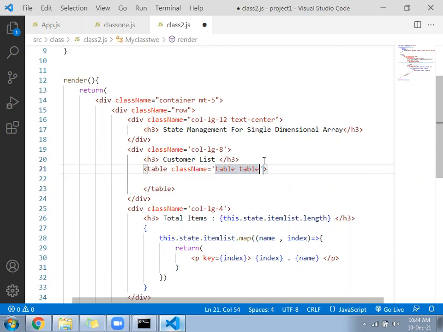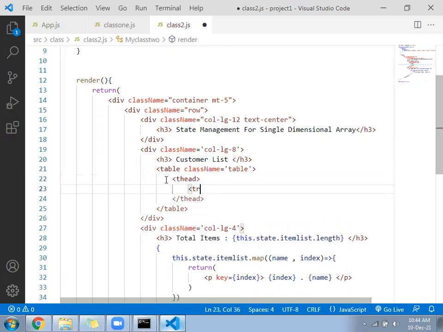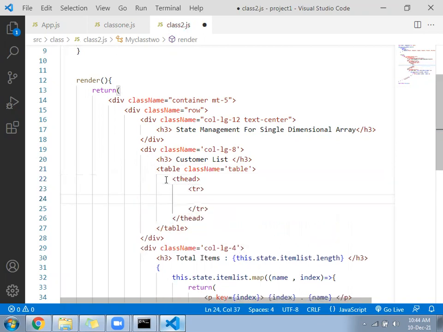This is the table only. T-head is required. TR is required. TH is required. Customer ID.